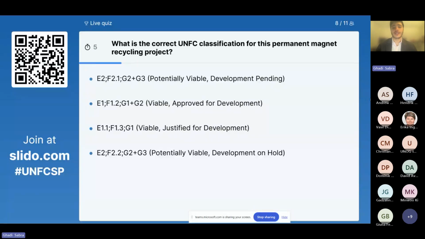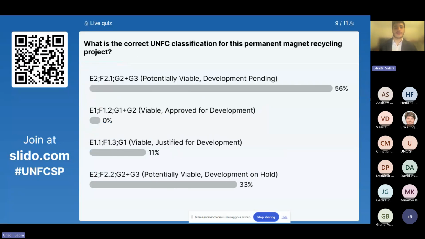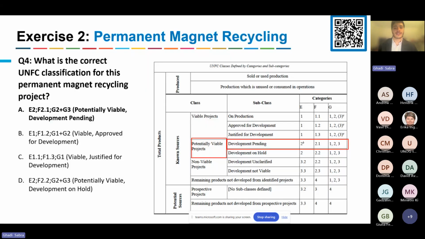Now, just a reminder here, we did include the G1 plus G2 or G2 plus G3 for the sake of understanding the project. So the majority answered the first answer, which is potentially viable, development pending, and rightfully so. So yes, the project is potentially viable at the moment and development pending. I was just saying that we did include the G1 plus G2 or G1 plus G2 plus G3 or G2 plus G3